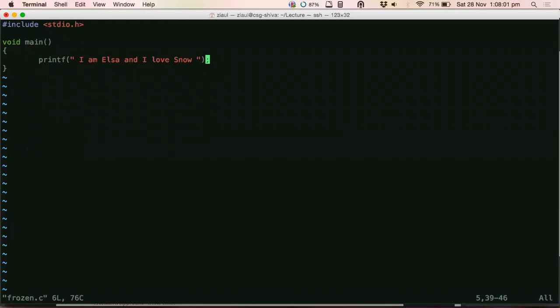A semicolon is a delimiter which says, okay, I am done with this statement. A program is just a sequence of statements. So this is one statement and it ends with a semicolon. You could write one more printf on the same line. That's not an issue as long as you differentiate it with a semicolon. So does that mean we can write all our code in just one line? Yes, you can.